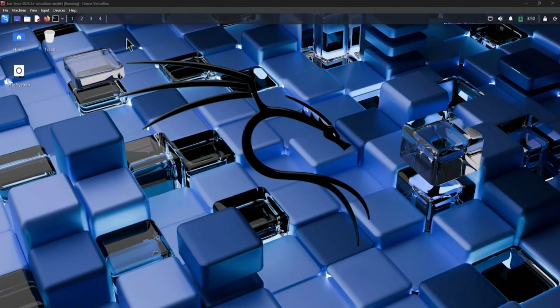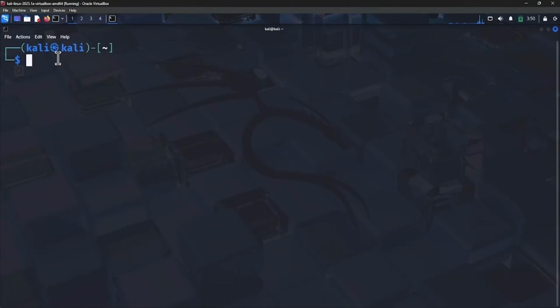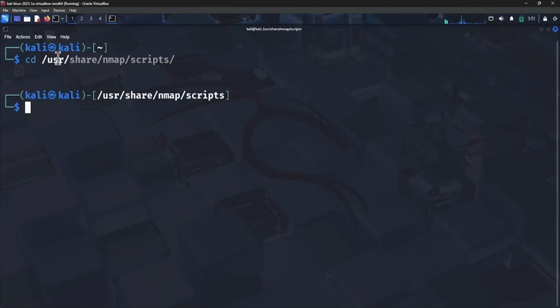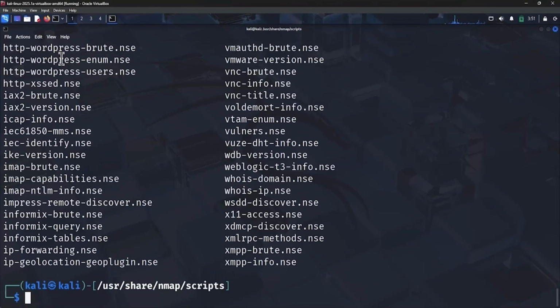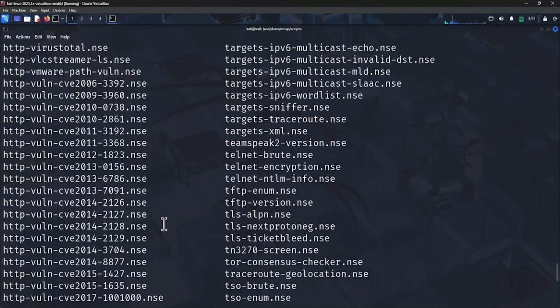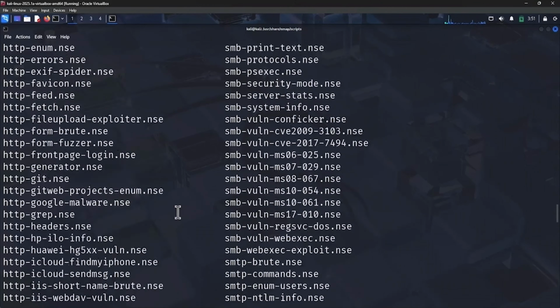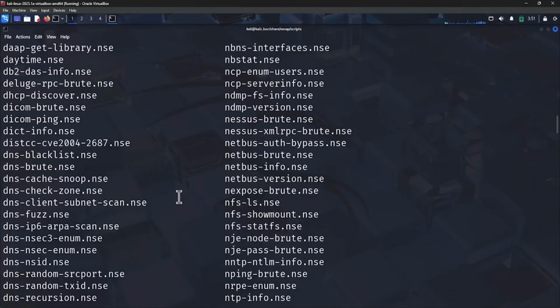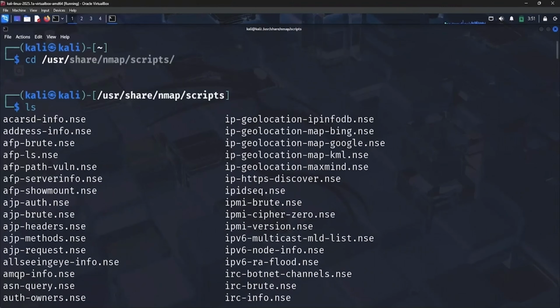To begin, open your Kali Linux system and launch the terminal. To view the available NSE scripts, type the following command in the terminal: cd /usr/share/nmap/scripts/. Then press enter. Next, type ls and press enter again. You'll now see a list of available Nmap scripts. These are categorized by function and protocol. Some examples include